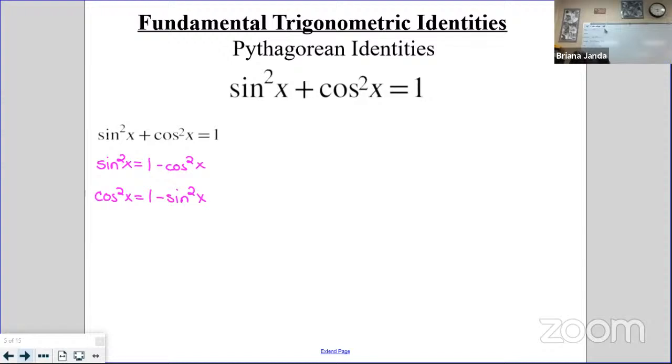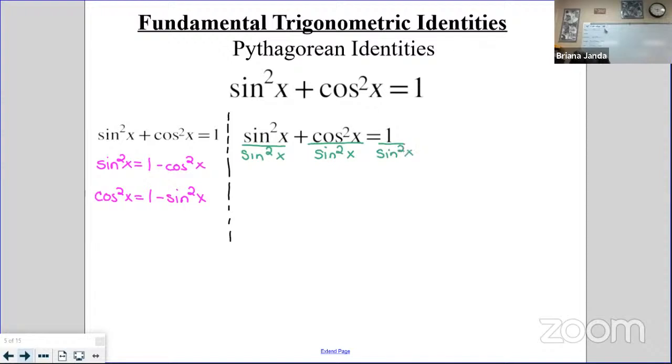Okay, so bear with me as I build these others, and you may want to slow play writing these into your notes a little bit so you can decide that there's not too much stuff on there and you know what you want to write. The other trig identities come again from this basic one, just manipulating it a little bit. You guys know for equations, as long as I do the same thing to both sides, it doesn't change the fact that it's equal, right? So one of the other trig identities comes from taking this and dividing by sine squared. If I were to go through this entire thing and divide by sine squared of x,